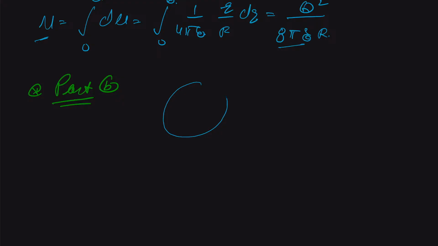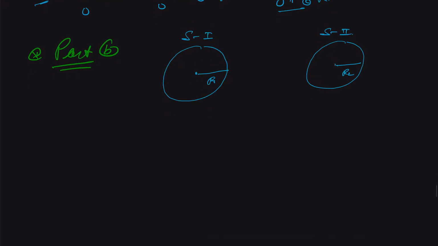So this is our first conducting sphere of radius r1. This is sphere 1, and far away we have another sphere of radius r2. This is our sphere 2, and once again here the charge is q1, here the charge is q2, but the total charge is given to us